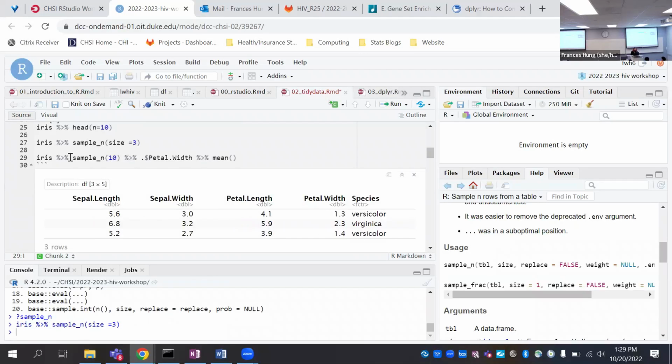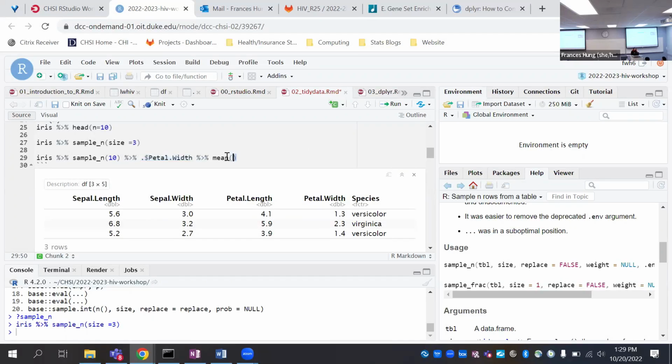An example of using multiple functions with this pipe is in the line below. Here, we first take the iris data set, we sample 10 random rows. We then take the petal width column, which we denote using the $ sign.